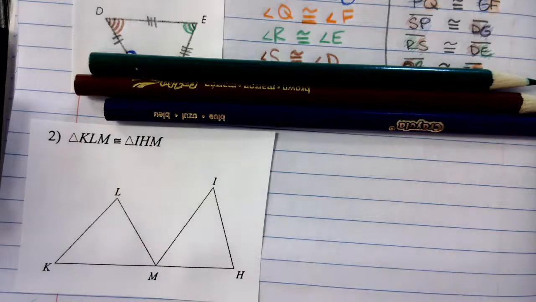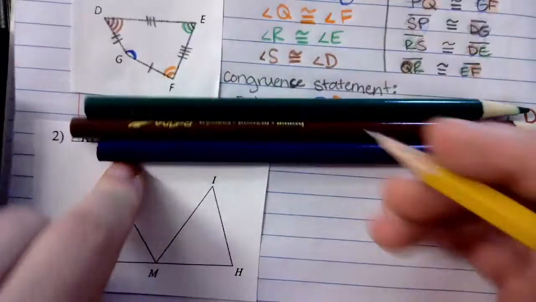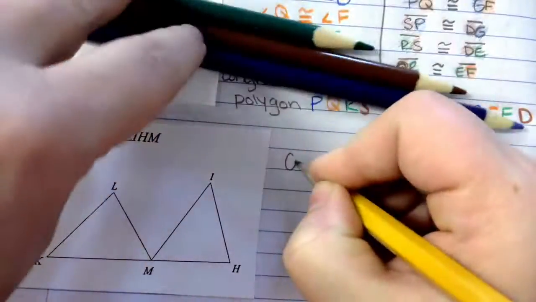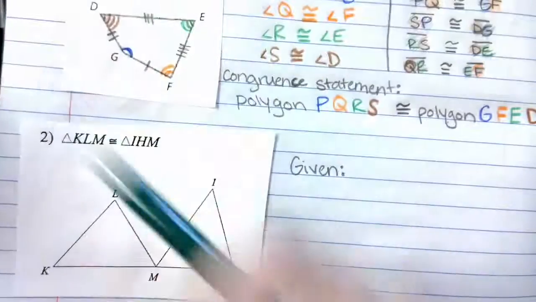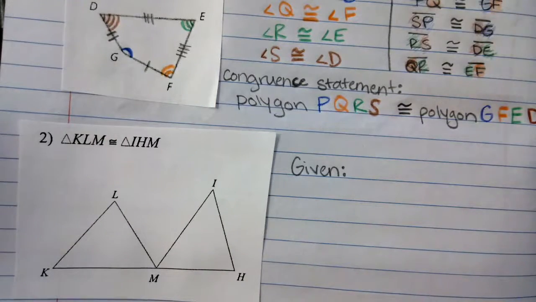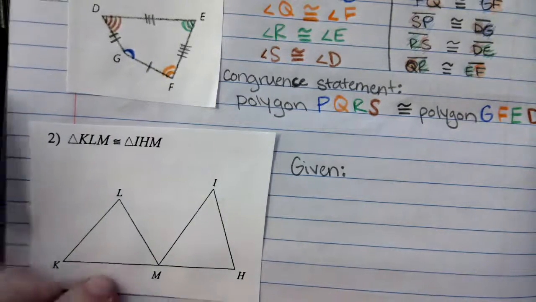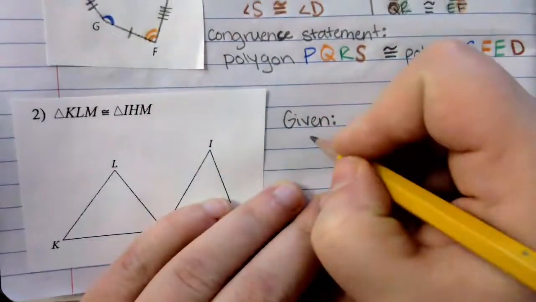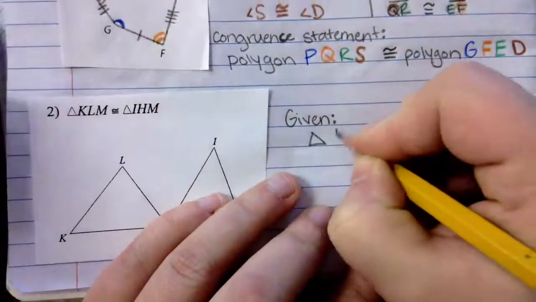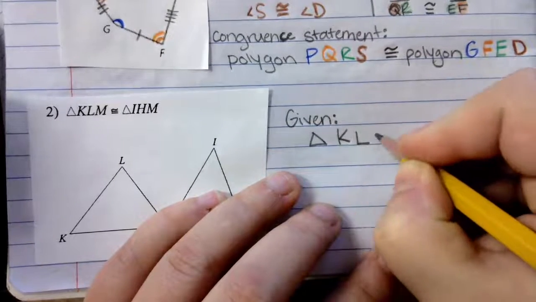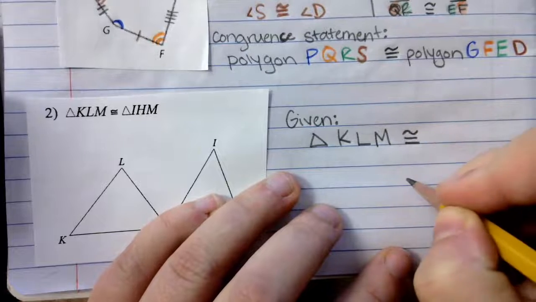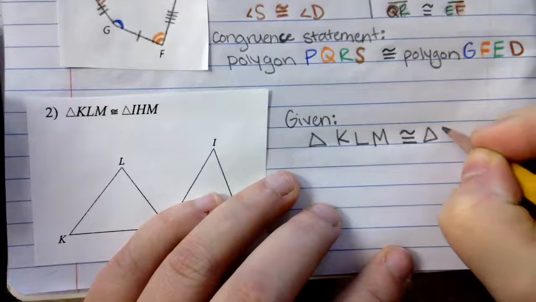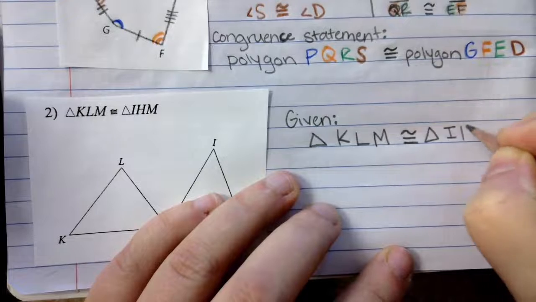Alright, for our given, we're given that triangle KLM, and I'm going to just write it a little bit bigger so that I can color code it. KLM is congruent to triangle IHM. So I'm going to start with my blue. I'm going to say that K